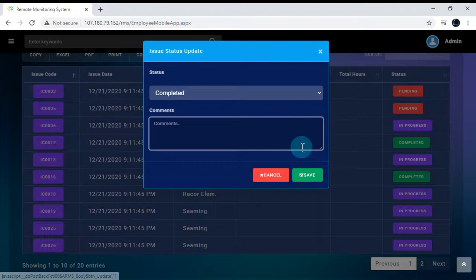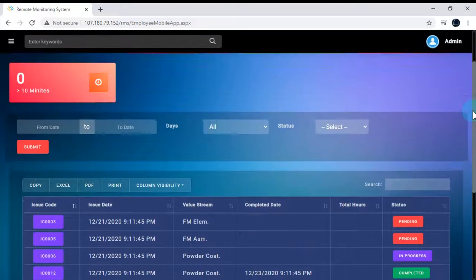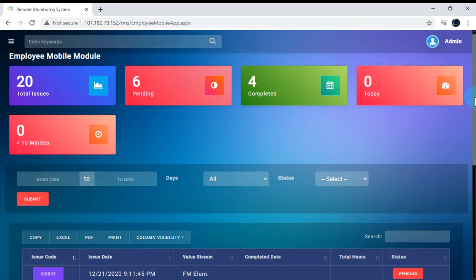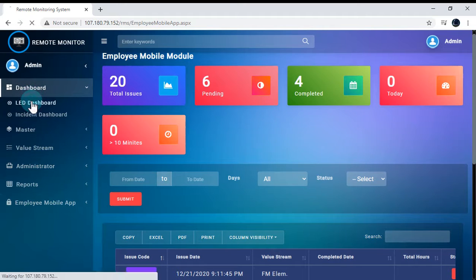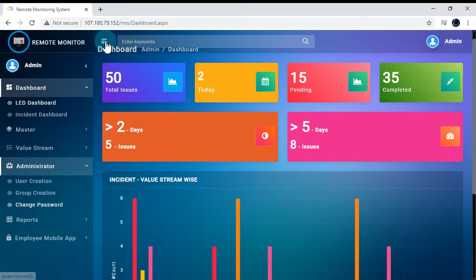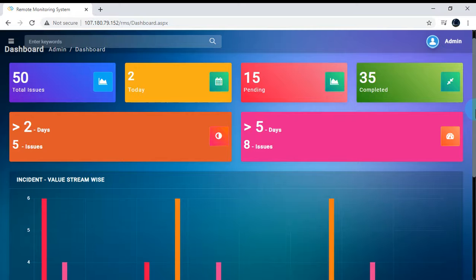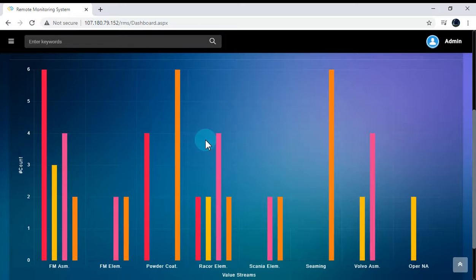Once he saves this information, the total count of the incidents will decrease on his dashboard page as well as on the main LED dashboard screen over here. So once an issue is completed, the count of the bar chart will decrease.